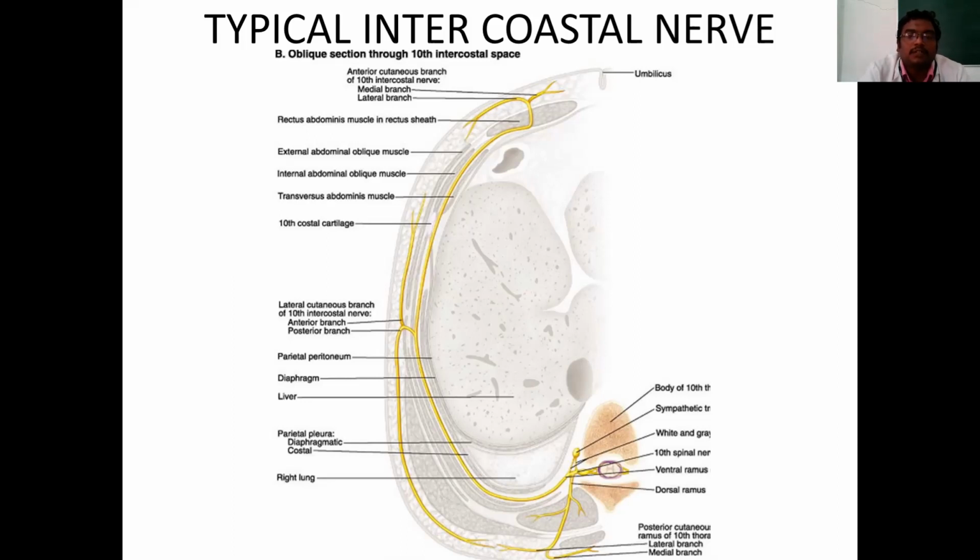Then this nerve is going to run in the anterior aspect, where it once again divides to supply the cutaneous nerve supply, dividing into medial and lateral branches. So you have two cutaneous nerves, one is the anterior cutaneous nerve and the lateral cutaneous nerve, and another one in the posterior aspect, that is your posterior cutaneous nerve. The posterior and anterior give lateral and medial branches, whereas the lateral cutaneous nerve gives anterior and posterior branches.